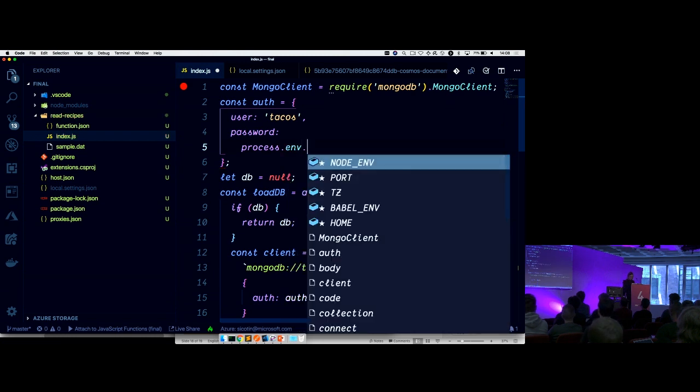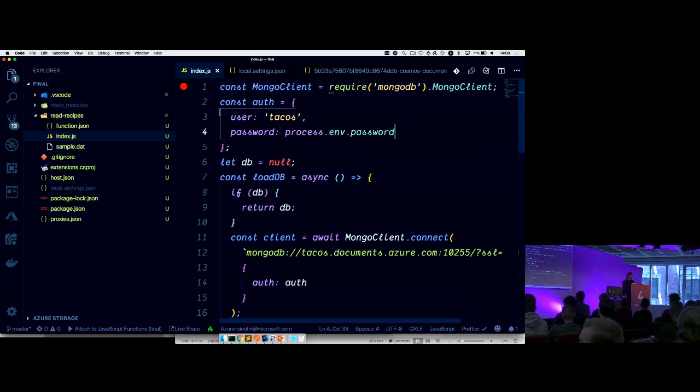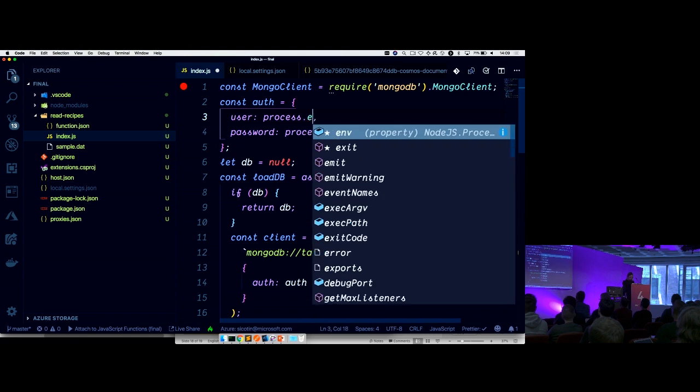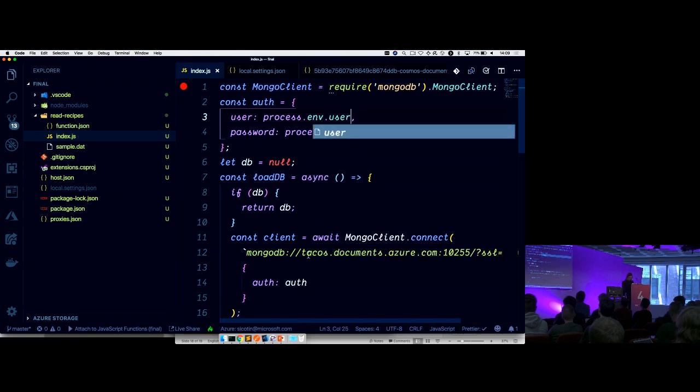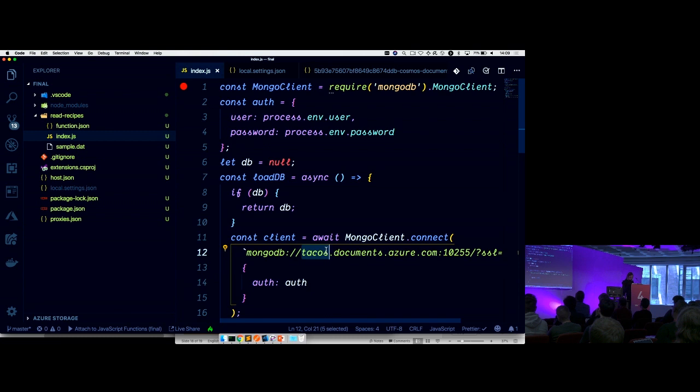So process.env.password, and then we said that we're going to replace here the user as well. Okay, user, and here, notice that I'm using a backtick, which allows me to use this interpolation notation. I'm not sure if that's the correct name.